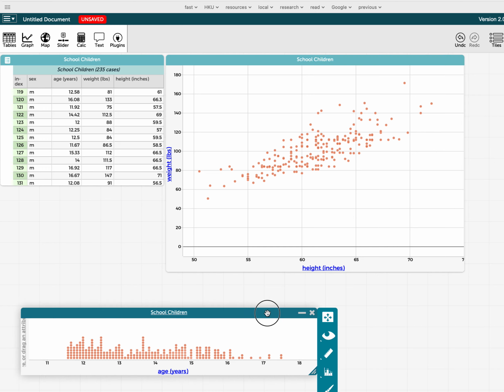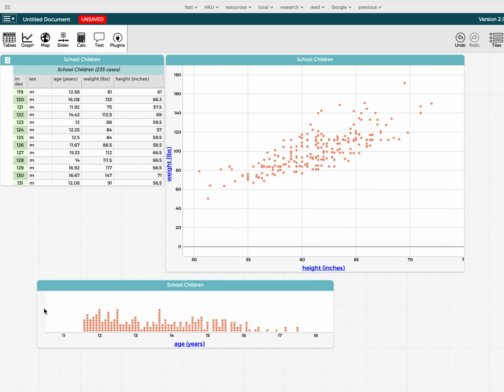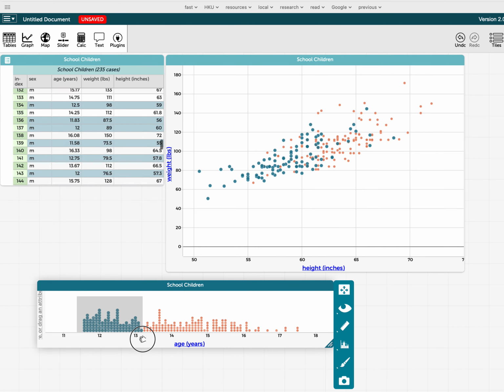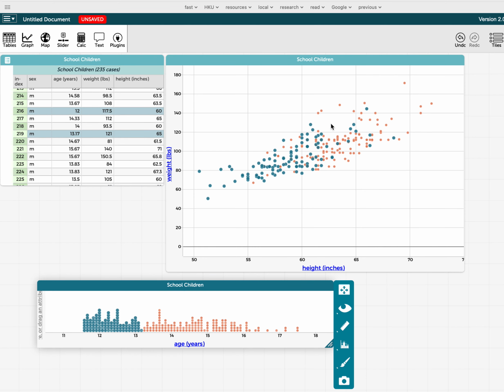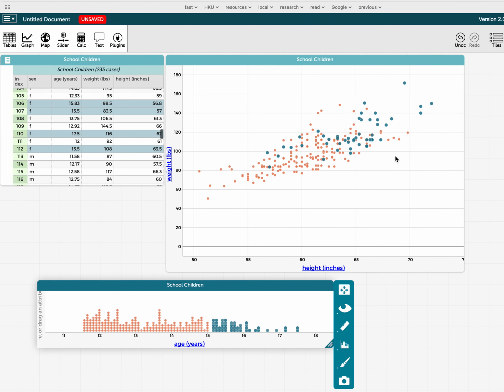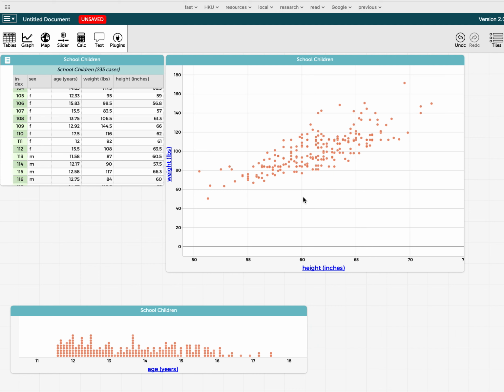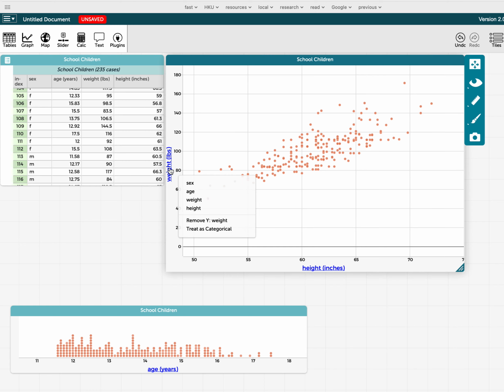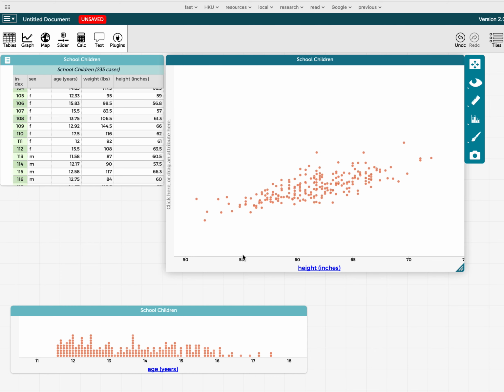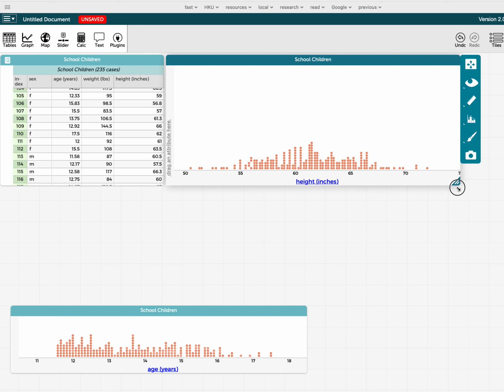And you can also combine with another graph. For example, I would like to see how the younger ones distribute in this scatter plot, or maybe the older children. You can see separately the highlighted color, and then now you can select them. So instead of displaying two variables, we will now go back to the one-variable case. I can just remove this one, and then I can see the height of the students